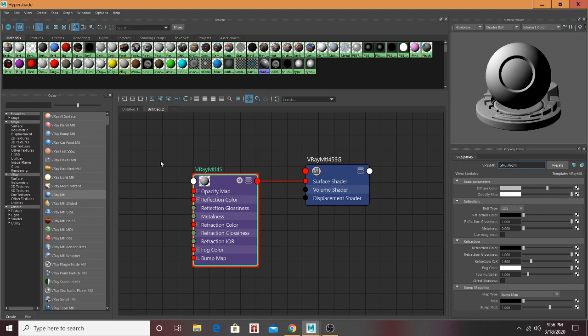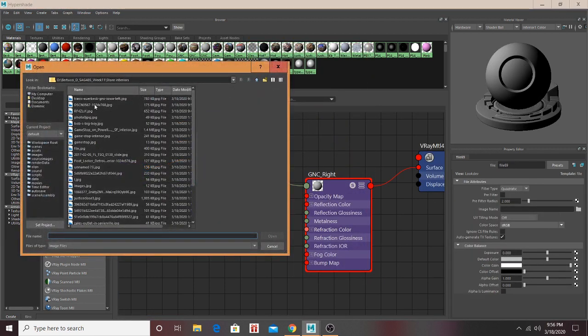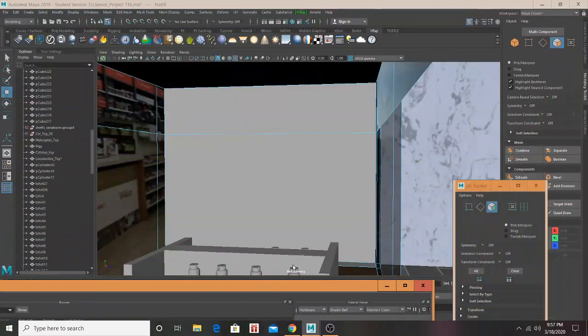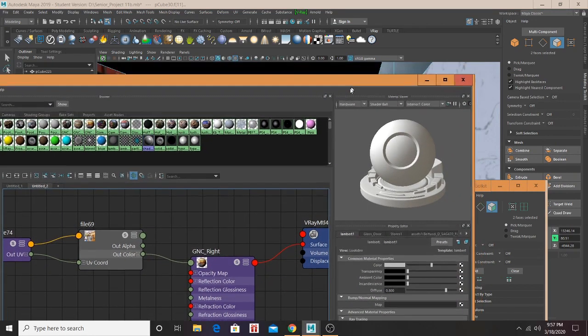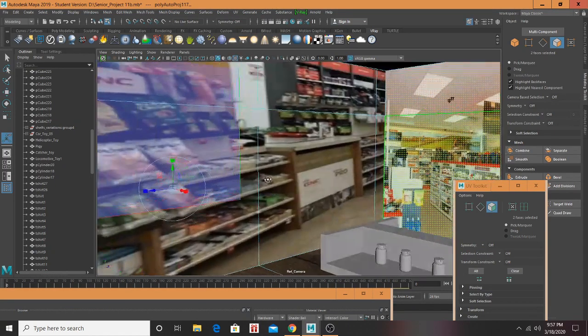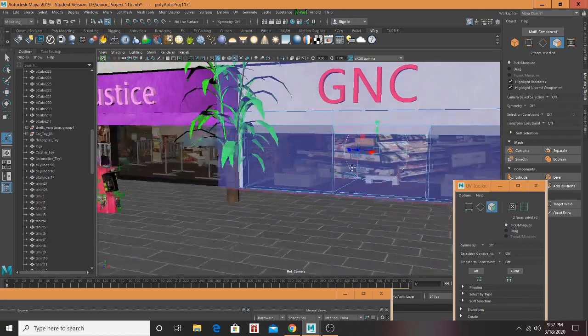C_right. See, a lot of my stuff is just rinse and repeat, so there's really not much to explain. Oof. There we go. Now GNC, see from afar,